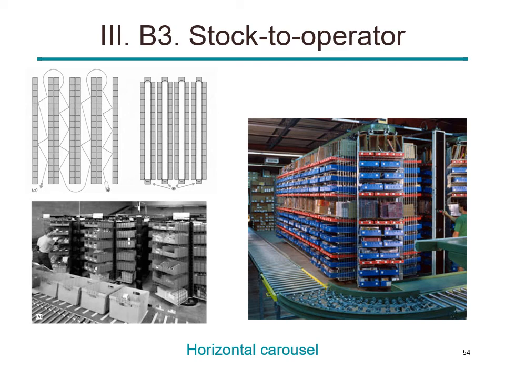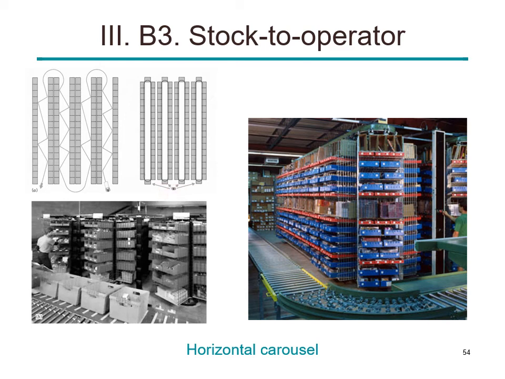Okay, so in case of operator-to-stock systems, an operator, for example, can start from this point and visit this address to take one part, then visit this address to take another part, then to here, to here, to here. So it visits the whole warehouse, and usually these warehouses are huge and you may need to travel a long distance. But in stock-to-operator systems, basically these racks are movable, so they turn and the operator stays just here